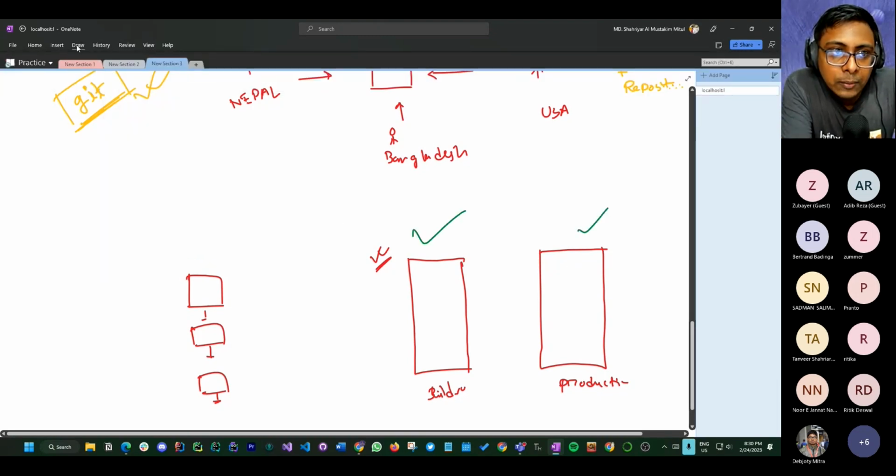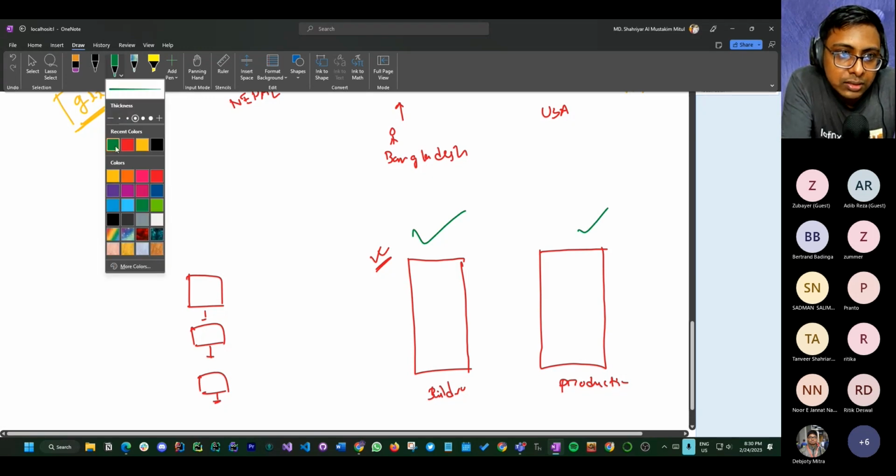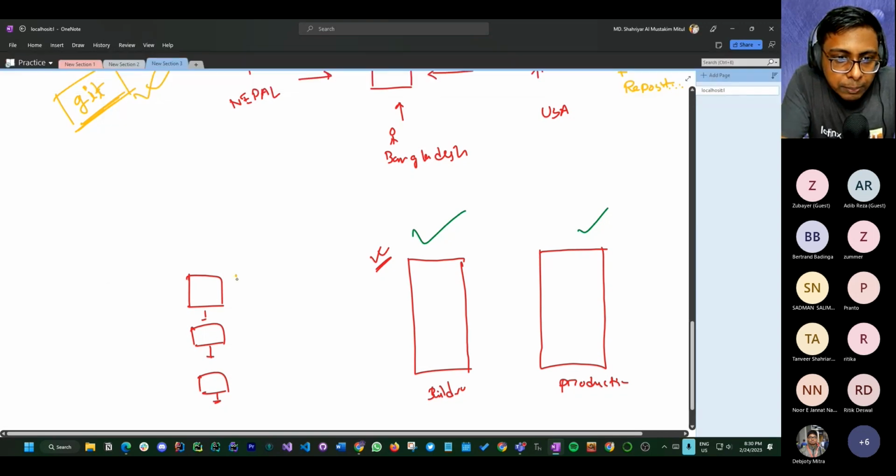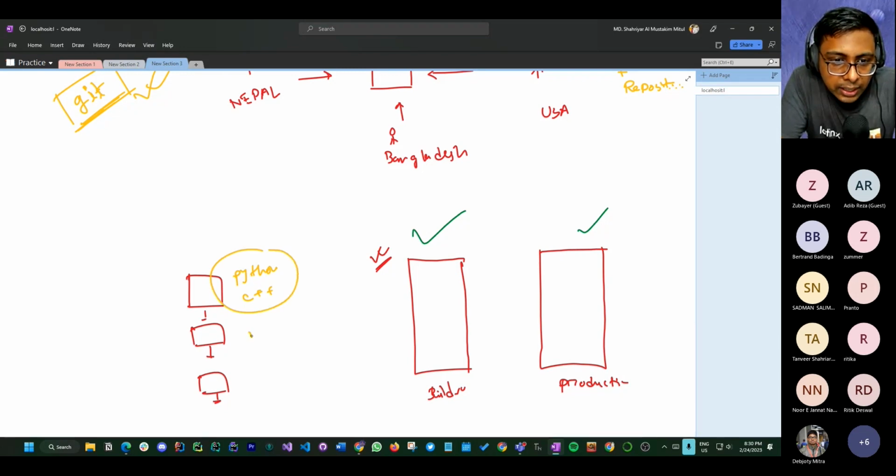But so every time, that process is the same everywhere. If you have Python code, let me call this Python and C++. Everyone is using this code. So every time all of this code comes here, and also every time it goes here. Every time it is built, it is also built here, but our target is production. We are not focusing on the building purpose or only on bugs or something like that.